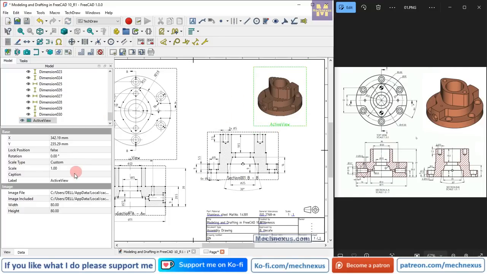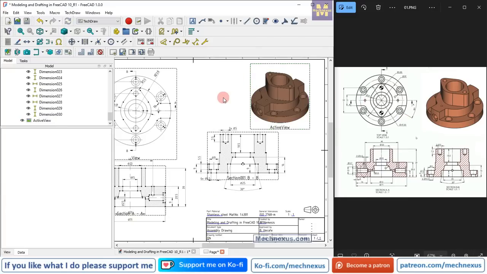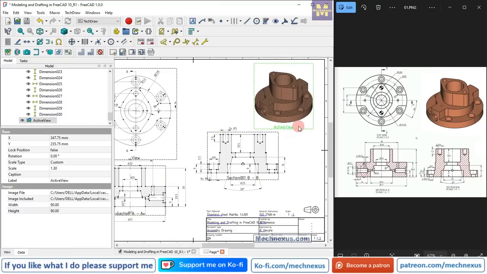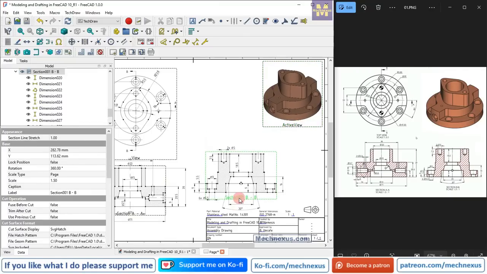Now I will scale it to 1.3, and here I increase the image height to 90, okay. So now I will place my isometric view here, and I move my view,